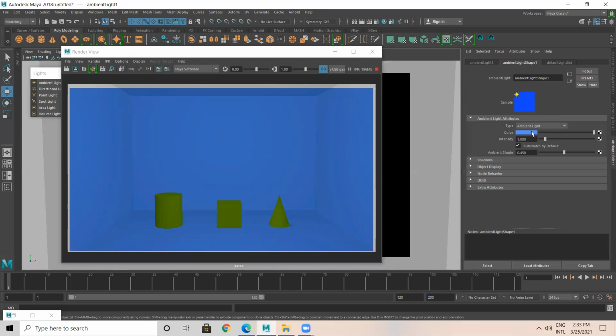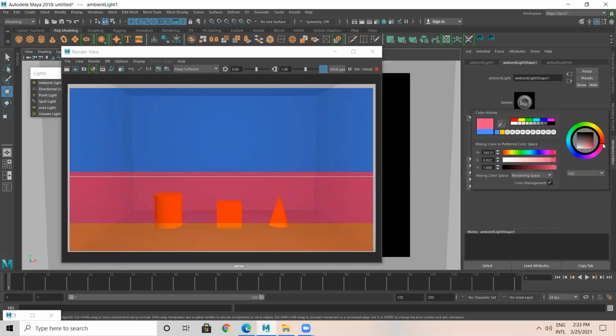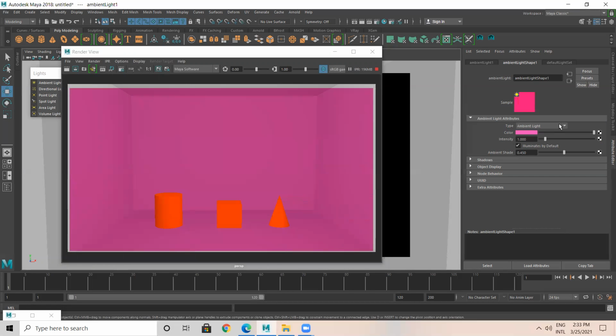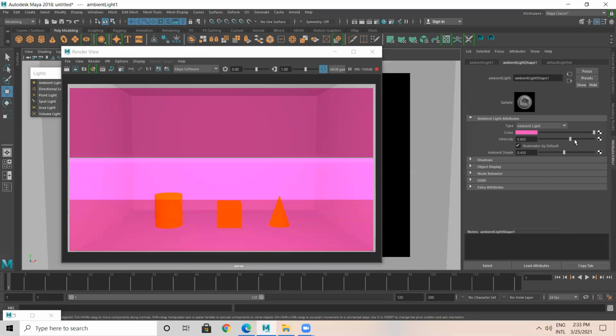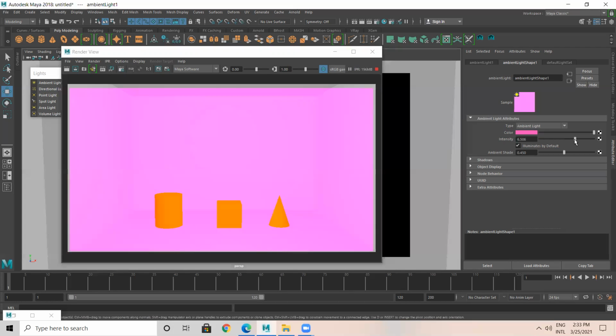You get blue light. You get different sorts of lights; means you change the color, you get it. So that's the color. Intensity is nothing but the brightness. For example, if it is a 60-watt bulb or 40-watt bulb, the brightness level will increase, right? Like that only. If I make this white color, this is how this particular object looks. Normally the default value is 1. I'll keep it 1.